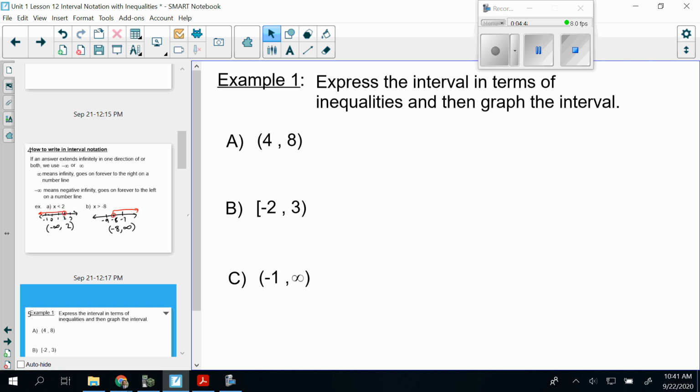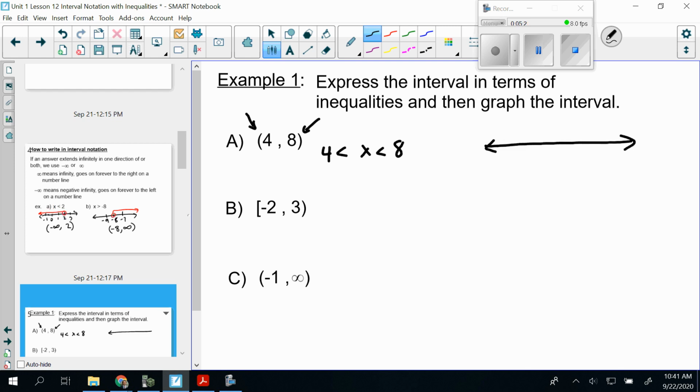All right, so now for these ones, they want us to express each interval in terms of inequalities and then graph them. So they want us to go the opposite way here. This first one would be all the numbers from 4 to 8. So if we were going to write that in inequality notation, we'd have 4 and 8. It's the numbers less than 8, greater than 4. Parentheses indicate we are not including either of the two endpoints, so that would be our inequality. If we are going to graph that,